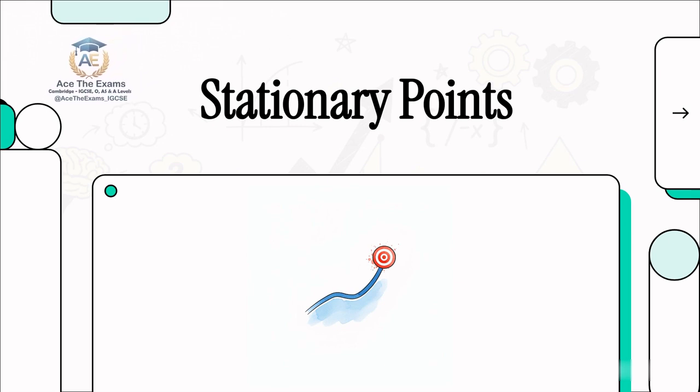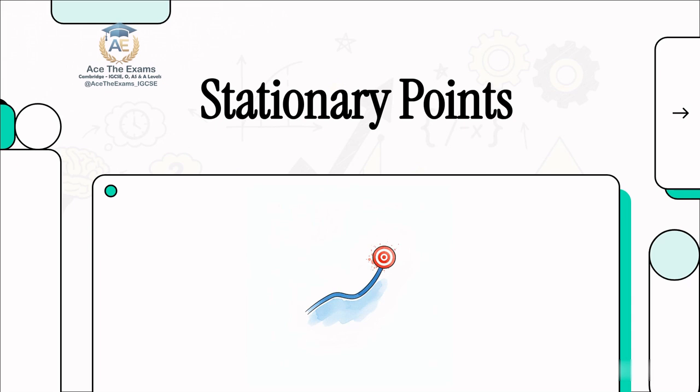Look, a lot of students look at finding dy over dx, setting it to 0, and determining coordinates as a purely mechanical task, just crunching the numbers, right? But there's a hidden layer here. There's a structural demand that Cambridge examiners are fiercely grading you on. So get ready, grab your notes, because we're going to deconstruct exactly how to secure every single mark on these